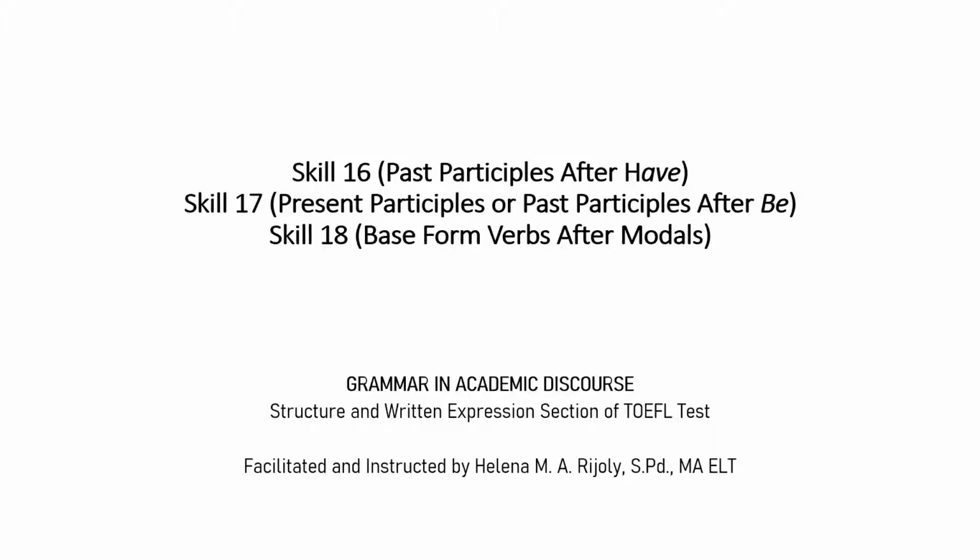Now, you remember I mentioned verb 1, verb 2, verb 3. Verb 1 is present, verb 2 is past, verb 3 is past participle. Now, what is the present participle? Present participle is actually verb-ing. So now you're starting to learn the same thing with a different name, because it is a different concept, a different use in a sentence. Past participle is verb 3. So in skill 17, we'll talk about how we use verb-ing and verb 3 in a sentence